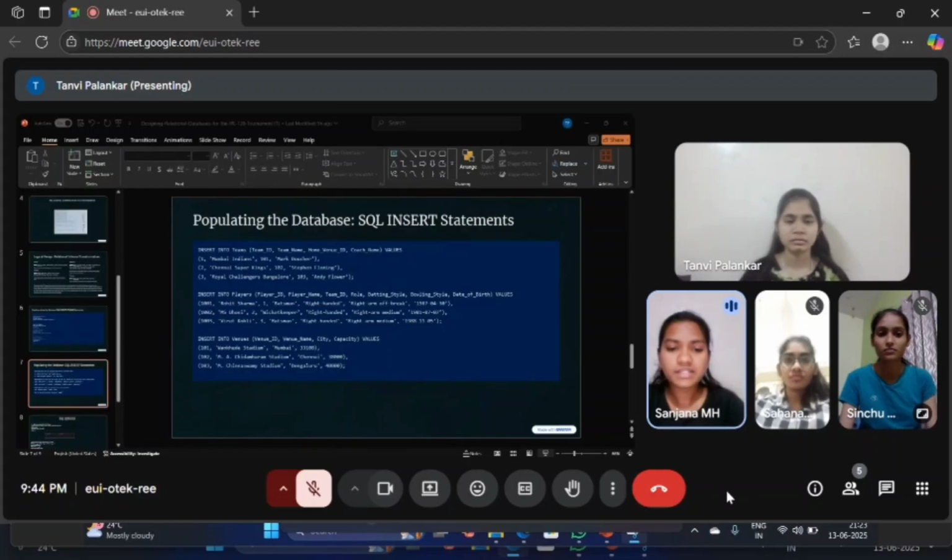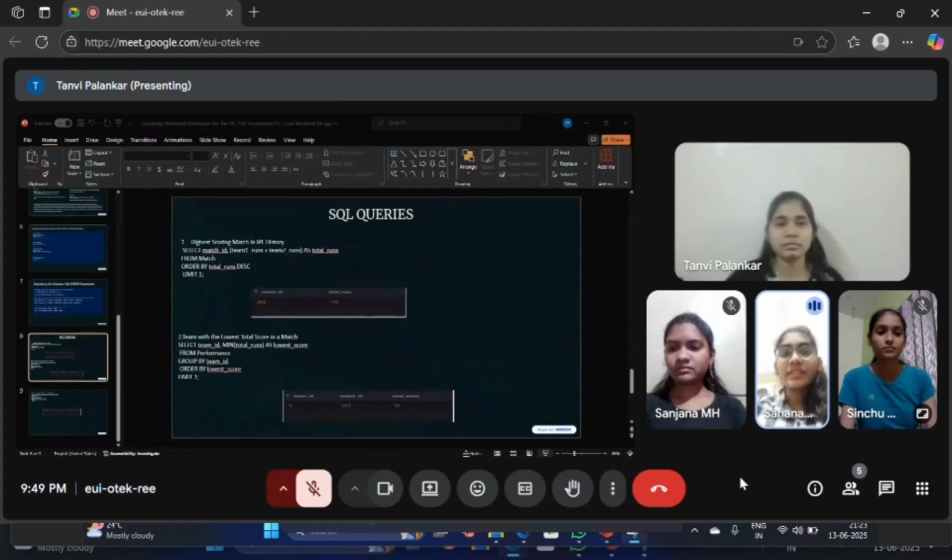These insertions together demonstrate how relational data is connected and stored in a structured format. Thank you. Hello everyone, myself Sahana. I am explaining queries. First query is